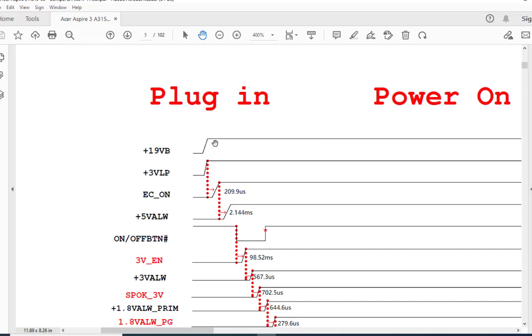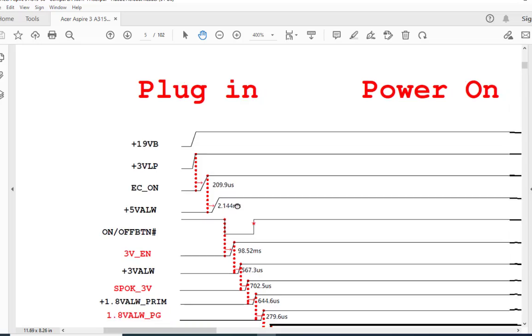When we connect the adapter, the second thing is the 3VLP voltage will be generated. That is generated by the 3 volt chip, called the LDO voltage, and this voltage goes to the SIO. The SIO gets this voltage, and then the SIO generates the EC_ON signal. If the SIO is not giving this EC_ON signal, that means the SIO is bad. Then you have to check EC reset, the lid switch, and thermal trip. If all signals are there but still the EC_ON signal is not generated by the SIO, then the SIO is bad. After the EC_ON signal, the SIO is going to turn on this 5 volt buck converter output,